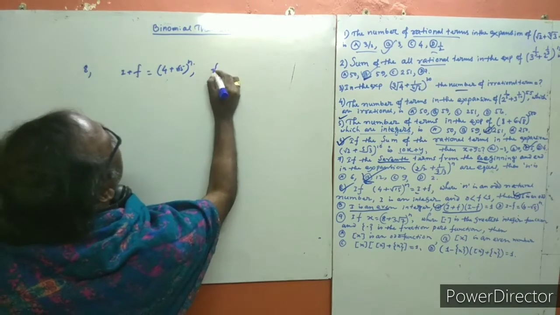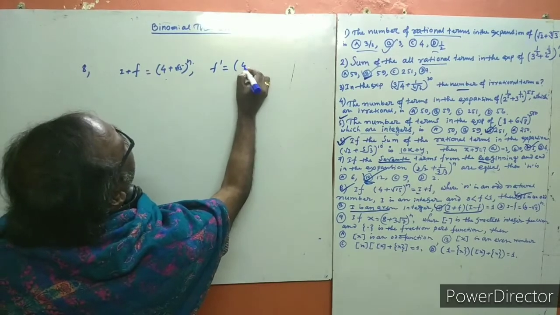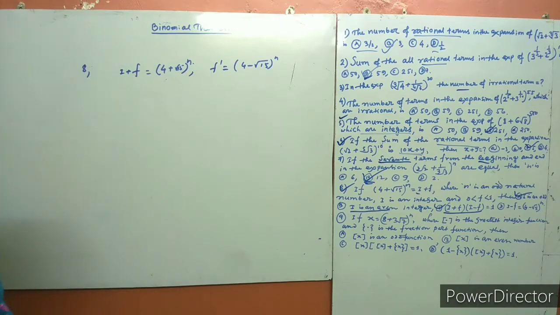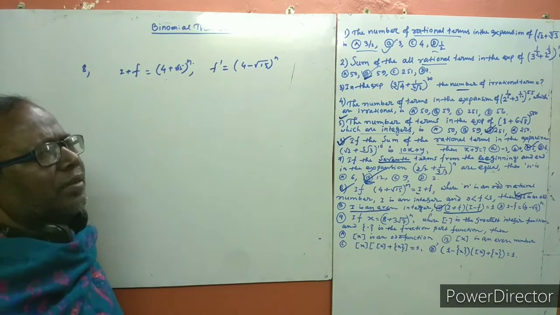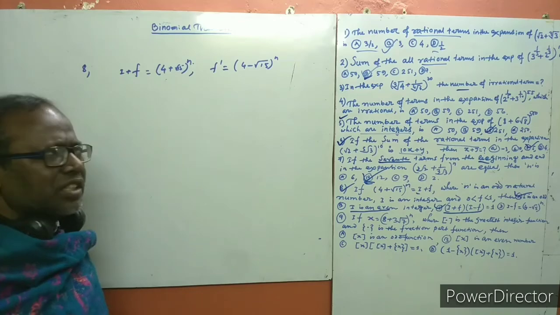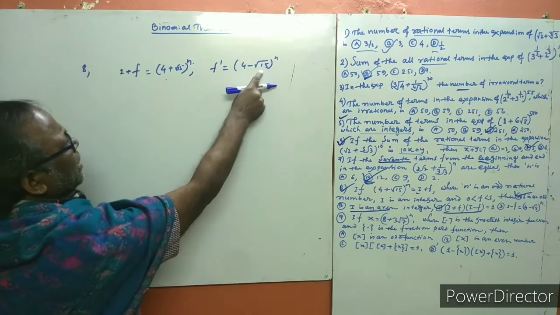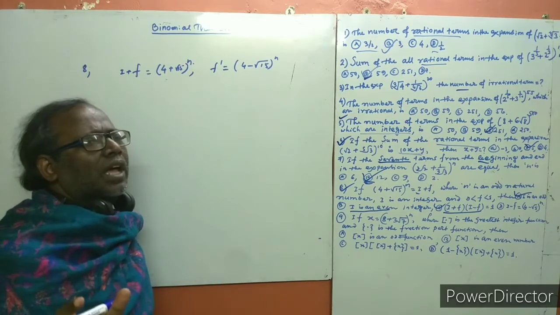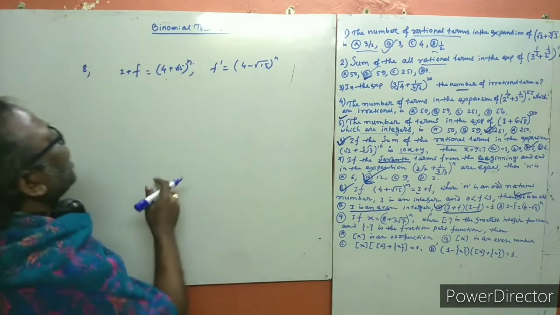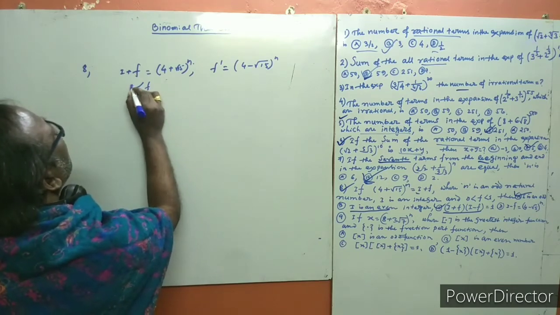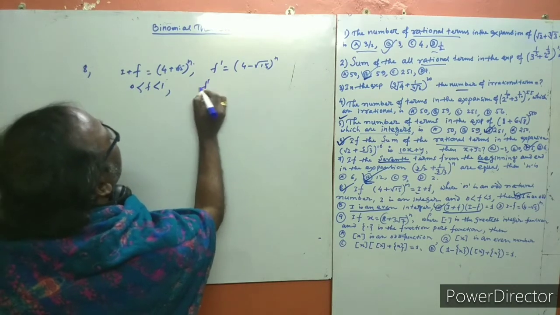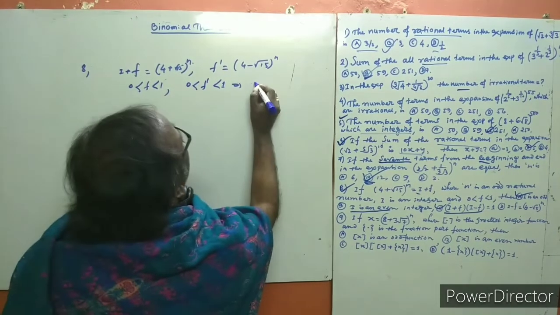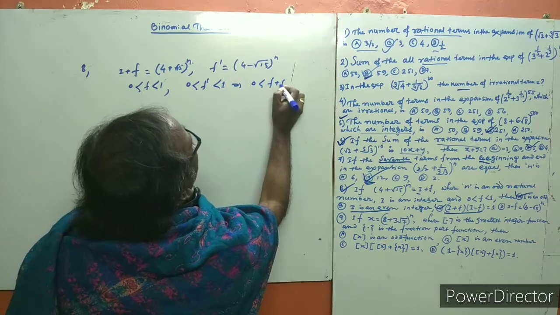So let us assume another fraction, that is f dash, and that will be 4 minus root 15 to the power n. And always a fraction, like if we are given 2.5, then 2 is the integer and 0.5 is the fraction. Now see, this is root 17, this is root 15, and this is root 16. So their difference would be 0 to 1. That's why, given the f value is 0 to 1, therefore f dash is also 0 to 1. If we add these two, then we get 0 to f plus f dash.